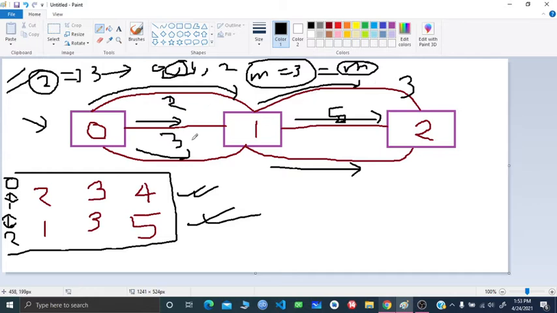So 2 and 5, and then 3, 3, and for the next runner he chose 4 here and then 1 here. Okay, so as you can see,